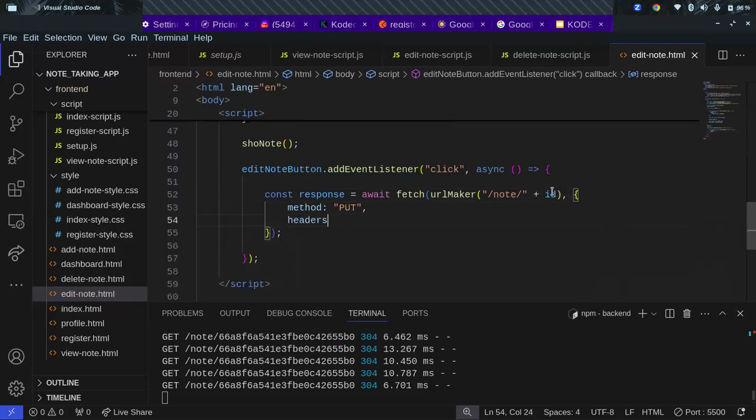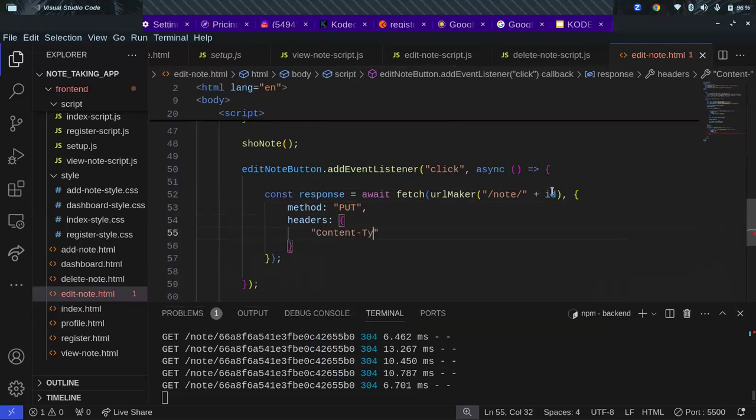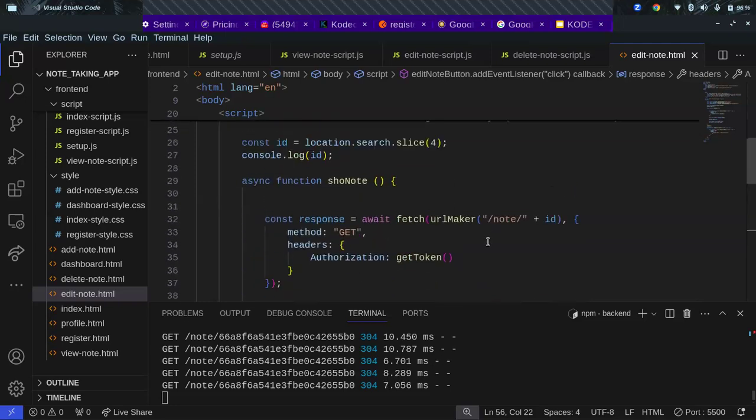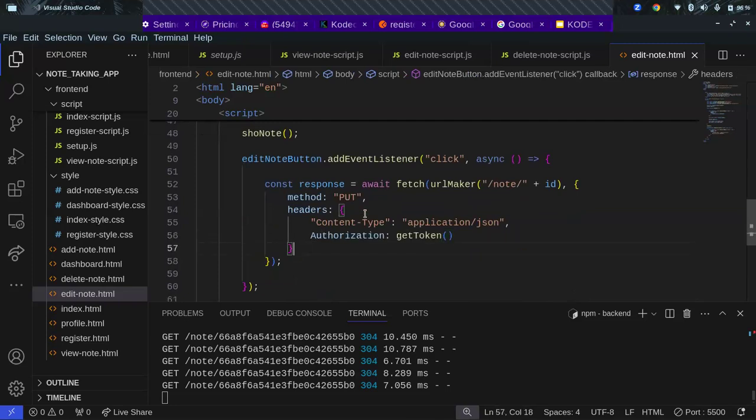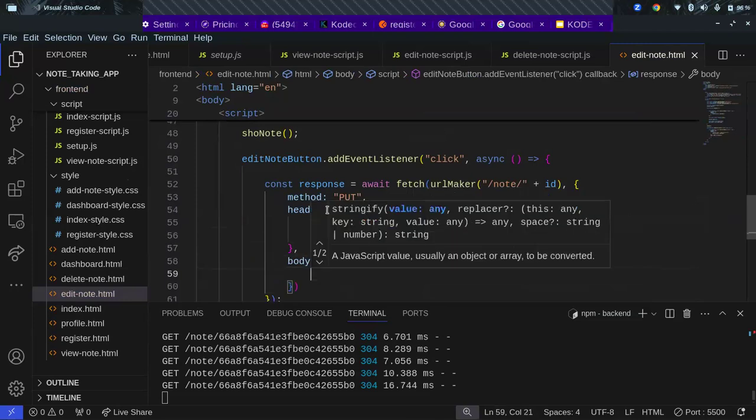The headers is going to have content type. Content type is always going to be application/JSON. Authorization. In fact, I would have just copied this. Just say the authorization here is going to be that. The body is going to be a JSON stringified string. And this is going to contain